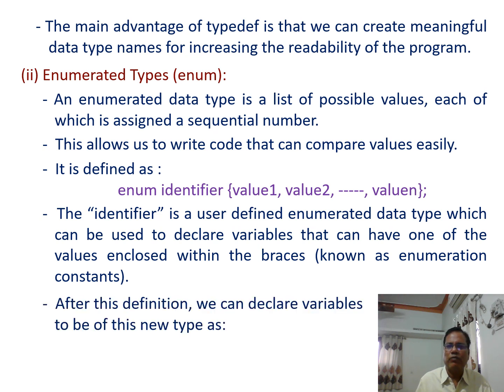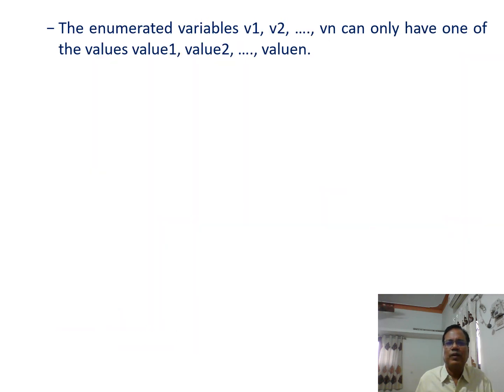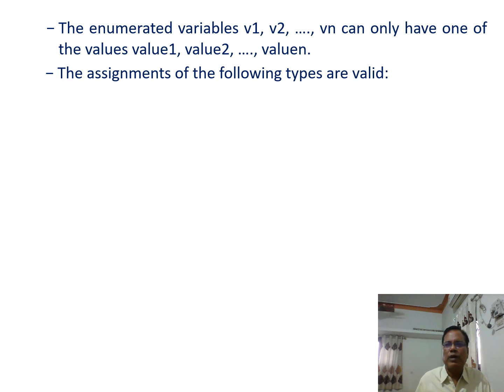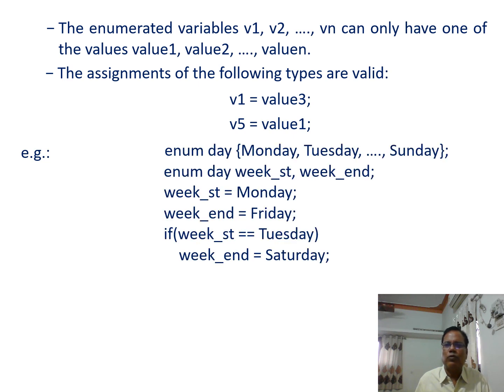After this declaration, we can declare variables of this new type as enum identifier v1, v2, up to vn. The enumerated variables v1, v2, up to vn can have one of the values value1, value2, up to valuen. Assignments of the following types are valid: v1 = value3 and v5 = value1. Also, in the following code,